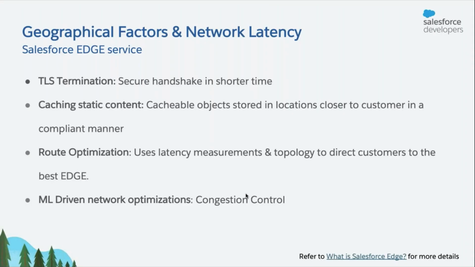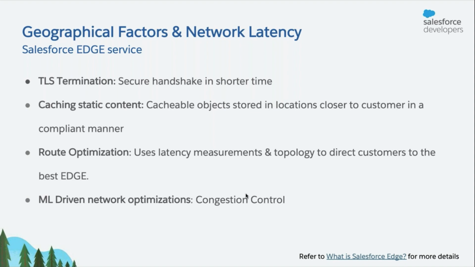And this is a little bit of jargon about edge service. There are these technologies that we use, like TLS termination, where your TLS is not going all the way through to the UK. In that example, it's terminated at Japan itself. And then we are caching all the content closer to the customer in a compliant manner. Of course, for more details, please refer to the link that I've placed at the bottom of the slide for more